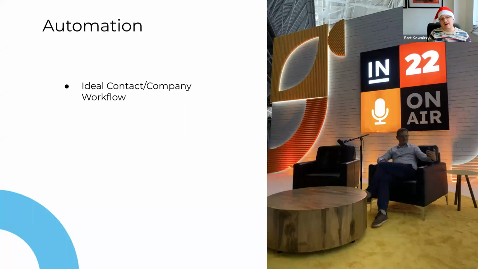I want to share a little bit more about three ideas of automation that you can build inside your HubSpot. And again, full automation is available in Professional Sales, Marketing and above. You might use filters in the free or Starter CRM in order to achieve what I will now be talking about. So the first automation example is to create a rule of ideal contact or company that will appear in